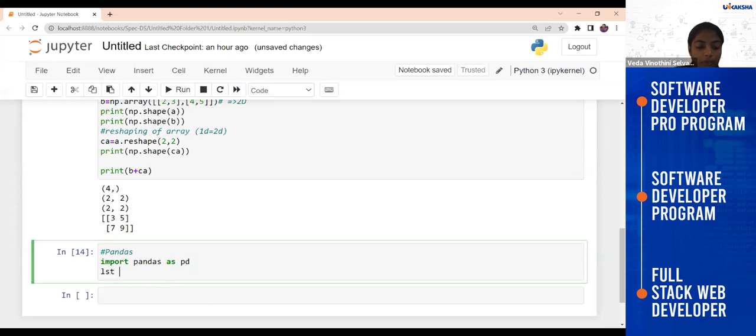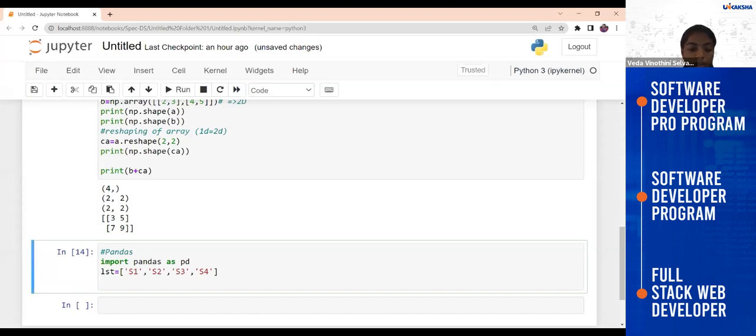I will just create one list. So we are just creating a list here, and then if you want to change that to a data frame, you can do it.